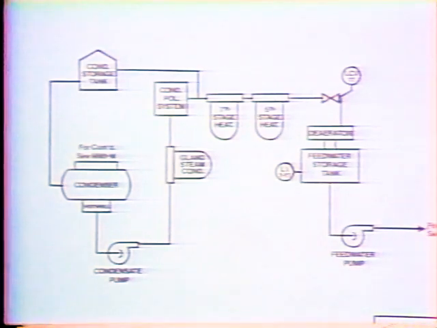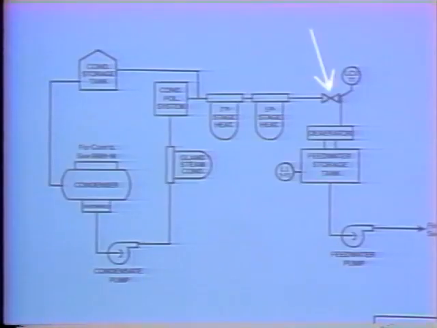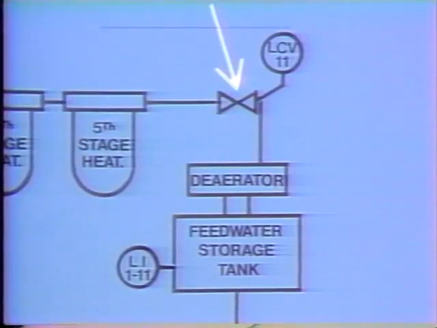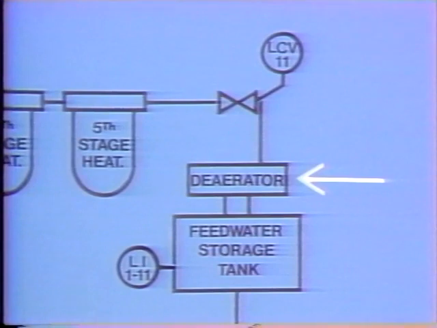All condensate going to the feed water system passes through this level control valve, LCV11. The deaerator and the storage tank. Throttling LCV11 allows the level in the feed water storage tank to be controlled. Opening the valve increases flow and raises level, while closing the valve reduces condensate flow and lowers the storage tank level. On this manual system,